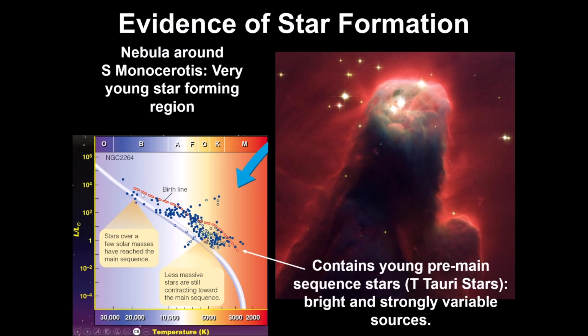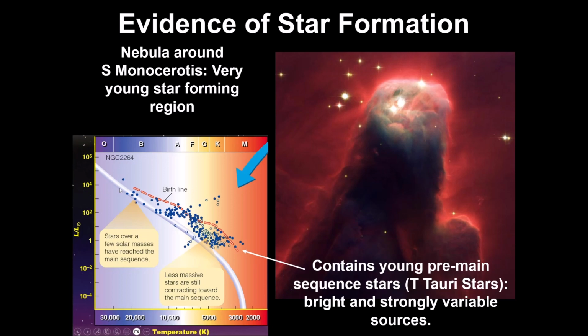So it's actually no surprise that we have a lot of B stars on here that have already reached the main sequence. But stars like A and below, they're still puffed up, so to speak. They're still collapsing. They're still trying to attain that gravitational equilibrium inside of it. So they're not quite main sequence stars yet, but they'll get there soon. And for a region like this, it looks like we have another, I don't know, maybe 10, 15 million years for that to take place in this particular cloud.